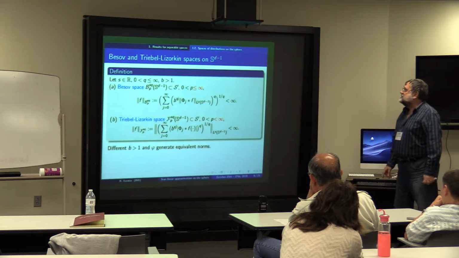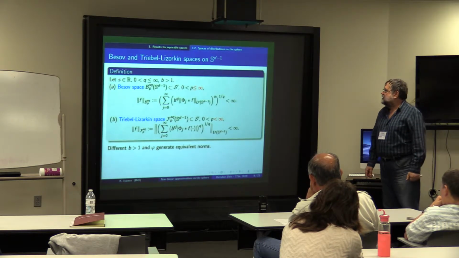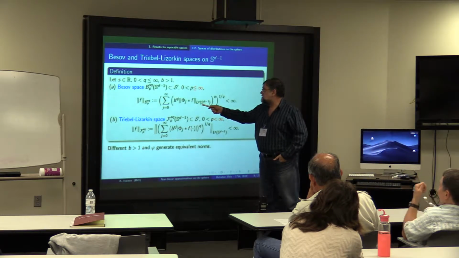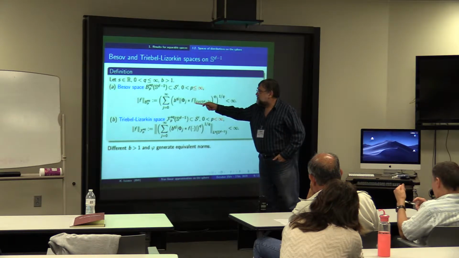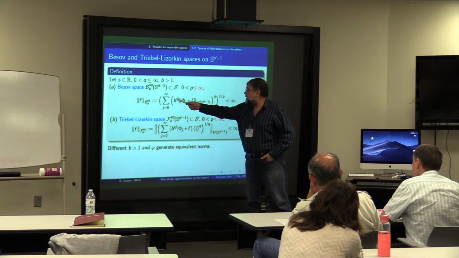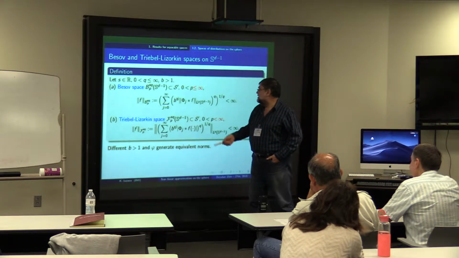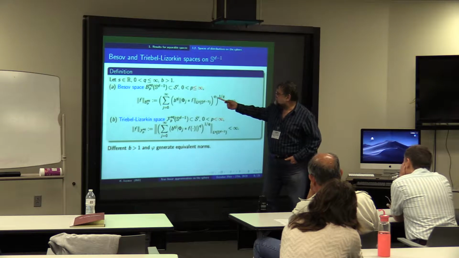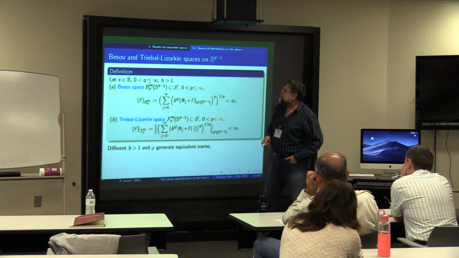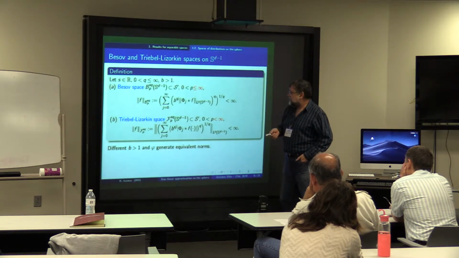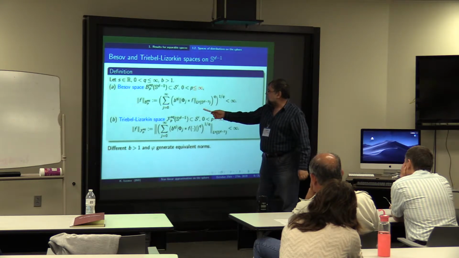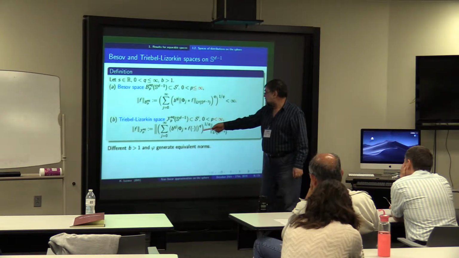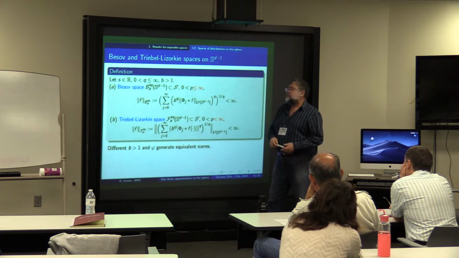And we have the first definition of the Besov and Triebel-Lizorkin spaces. We take the L^p norms on the sphere of these expressions, multiply by b to the power sj, where j is the same here and here, and take the sequence ℓ^q norm of this expression. This is the Besov space on the sphere. Once more, if you interchange the L^p and ℓ^q norm here in the bottom, we have the Triebel-Lizorkin space.